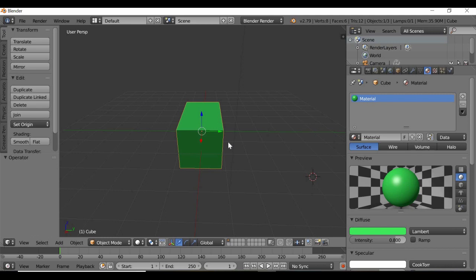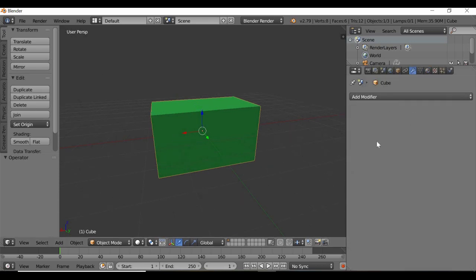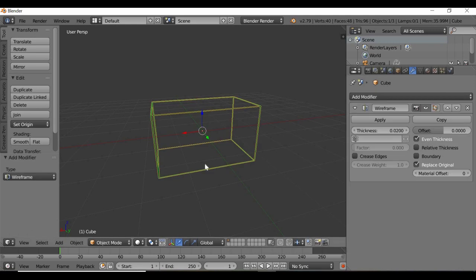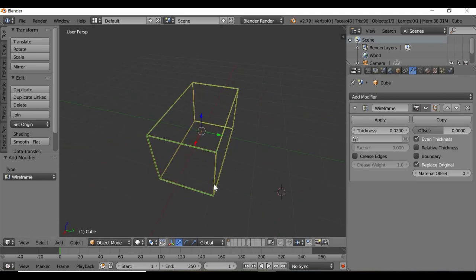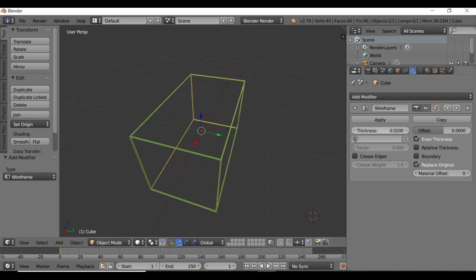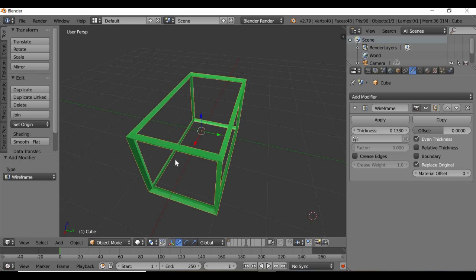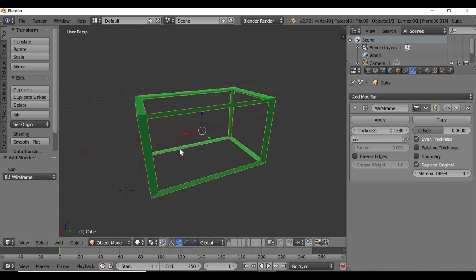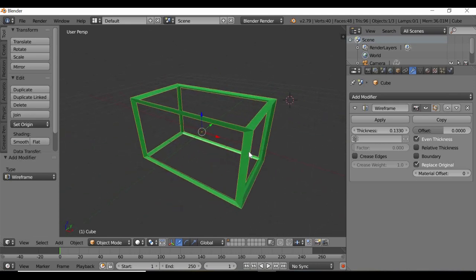One more thing that I want to cover that is going to be necessary for creating the object is, if you go to this modify tab, we can add a modifier, and the only modifier we're going to use is wireframe. So if you click on the wireframe mode, it is going to create a new geometry, and we're going to use this for the rims of our car. So with this basic information,